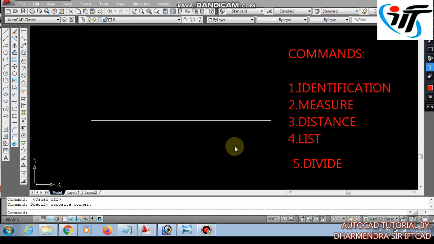So I will use the divide command, DIV, enter. I will select this object and it's asking to enter the number of segments. I want to divide it into 4 segments.